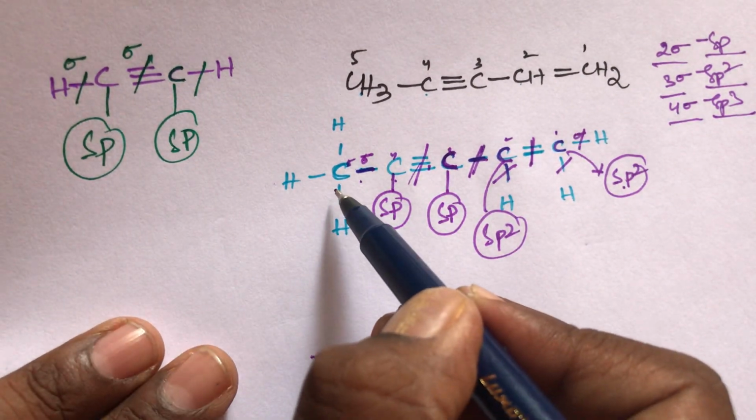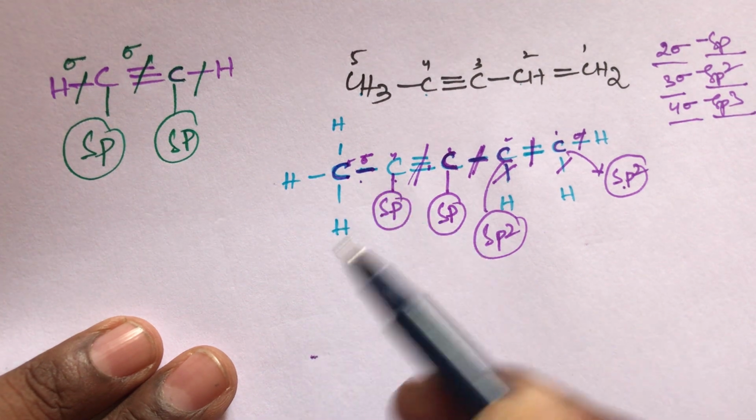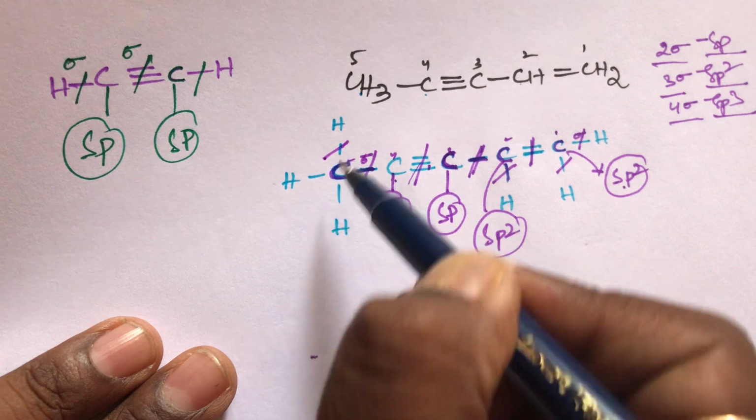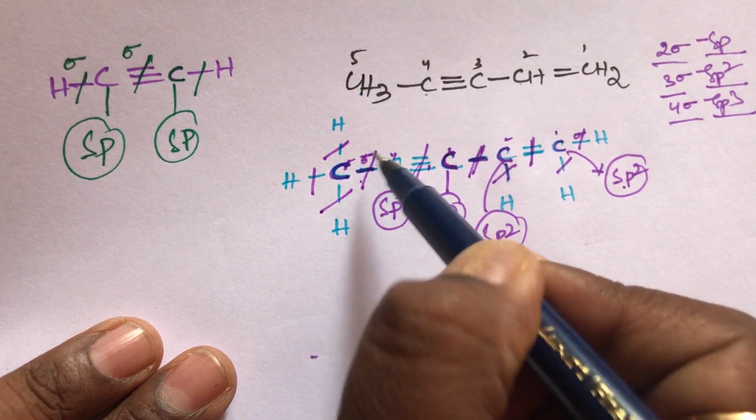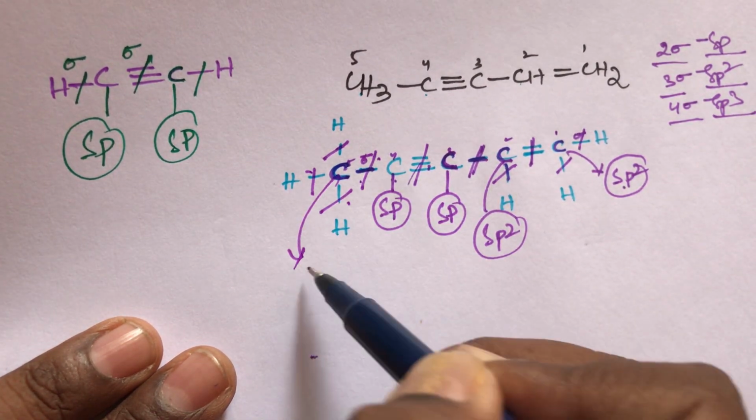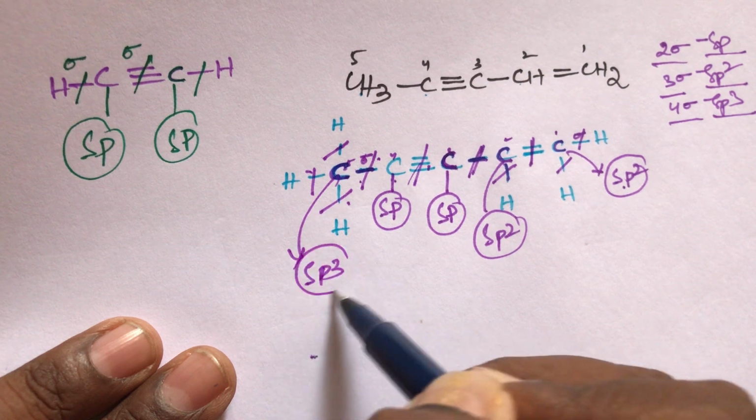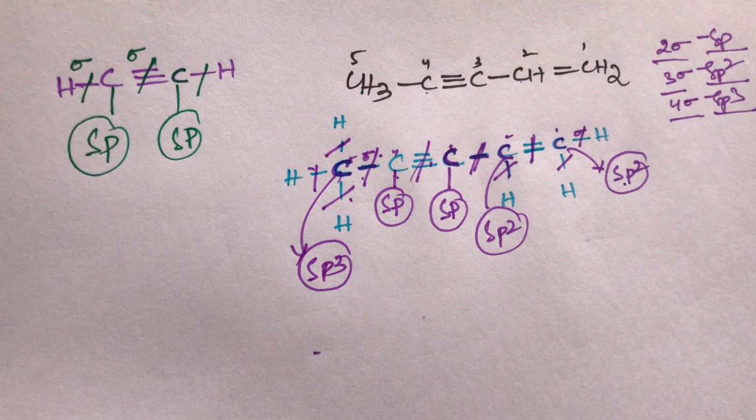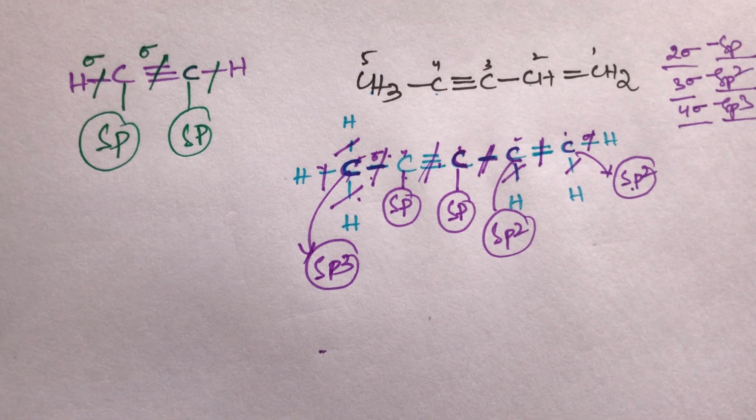And what about the fifth carbon, student? This carbon surrounding, how many sigma bonds are there? Here also one sigma, here also one sigma, here also one sigma, here also one sigma. So 1, 2, 3, 4, 4 sigma bonds are there. So this hybridization is sp3. This is the simple trick, student. This is how to calculate hybridization. Hybridization depends on the number of sigma bonds and lone pairs, student. This is the simple trick for hybridization in